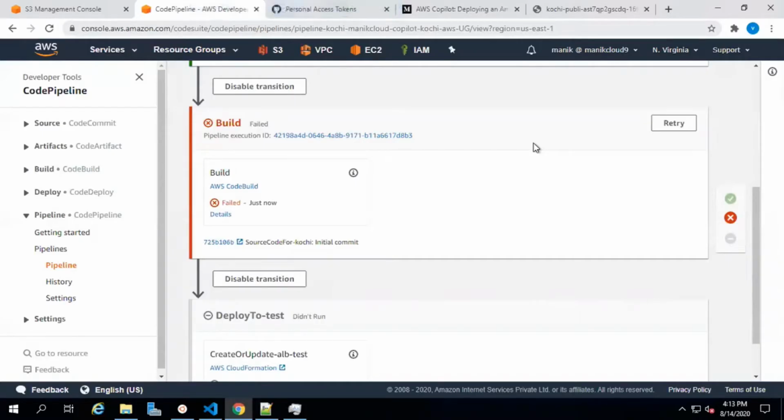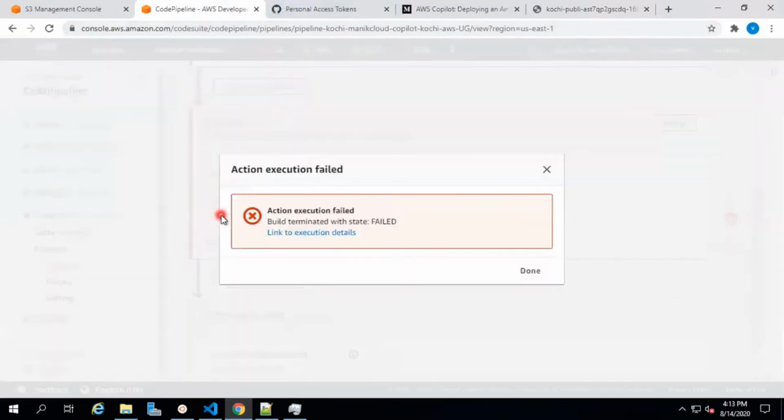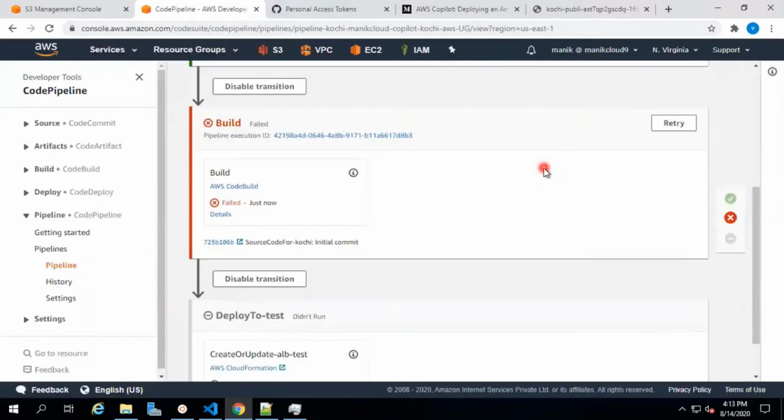Yeah, as expected, because it failed, and if you check out the error message or the detail inside the CodeBuild, it will say that it doesn't have the buildspec.yml, right? So let's go back to the terminal